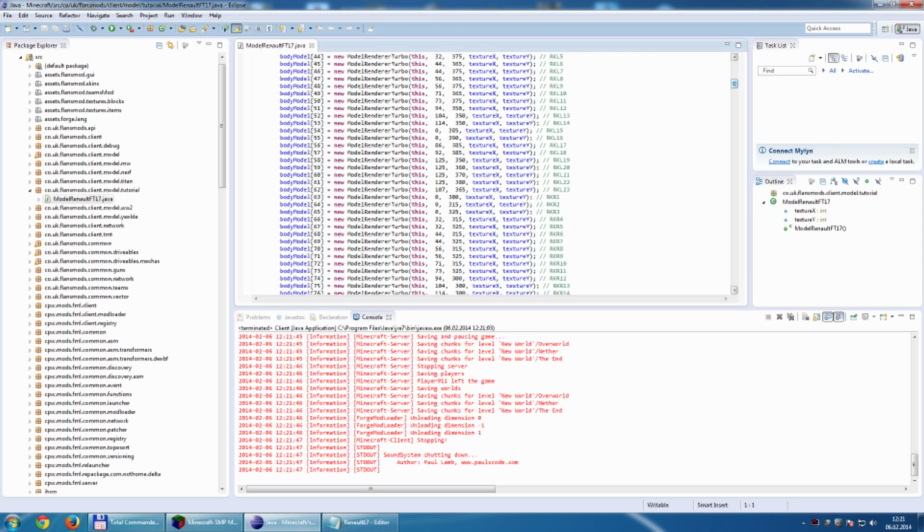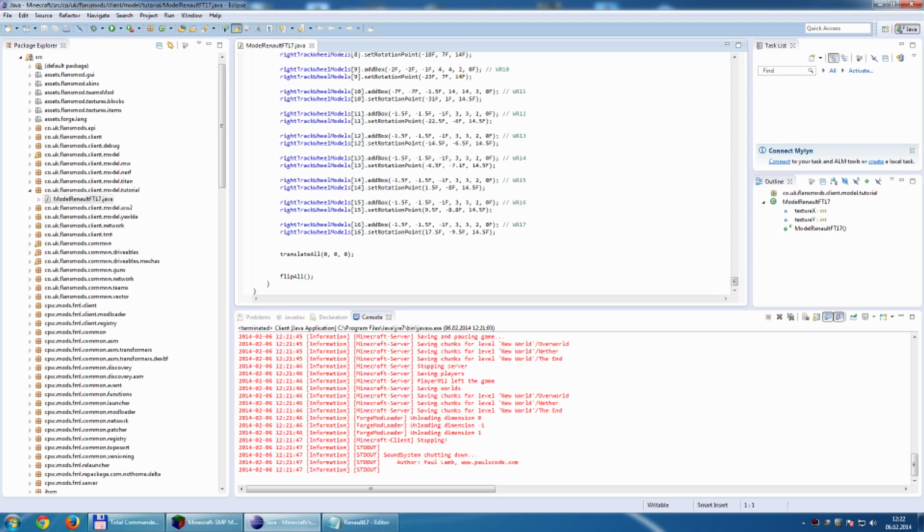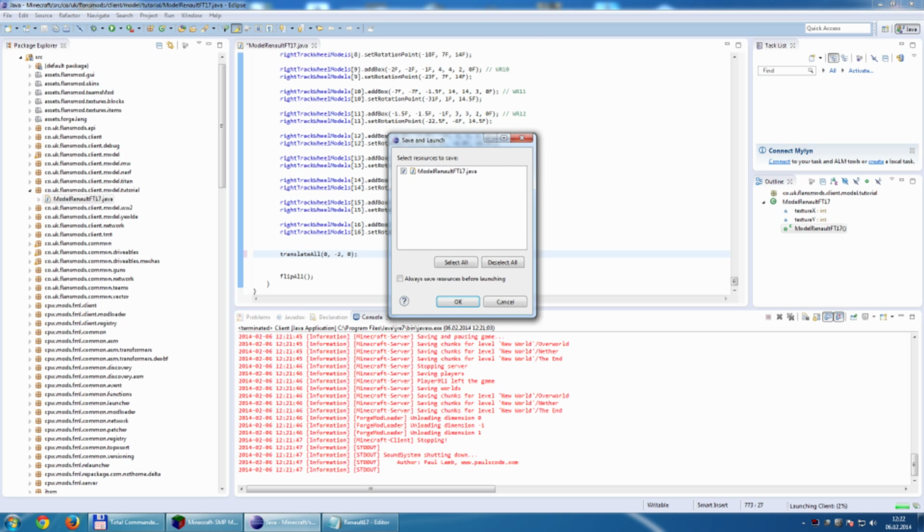This here. And if you go all the way down, you find Translate All. With this option, you move the model up, down, left and right. So we give it just a -2, which is 2 blocks up, and simply press Run